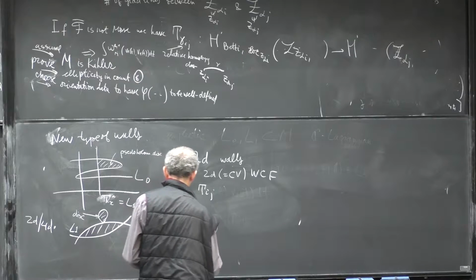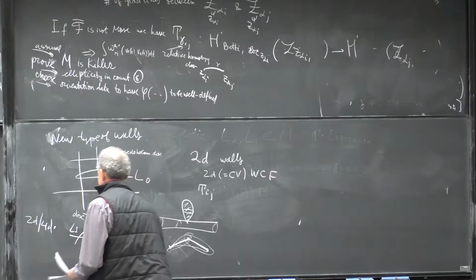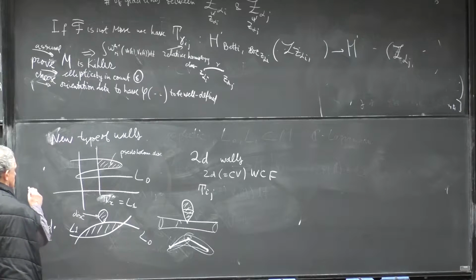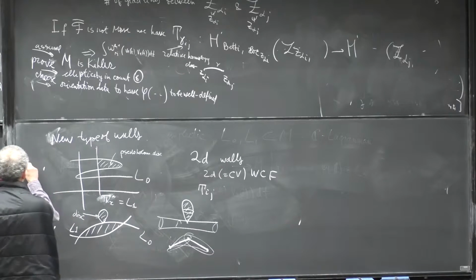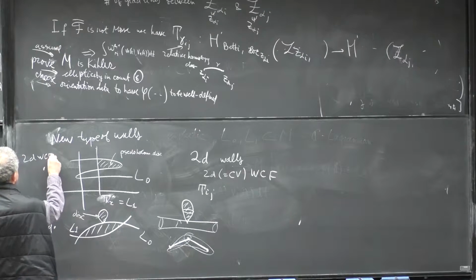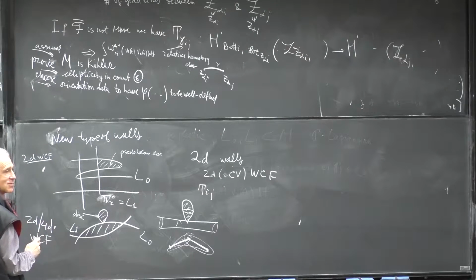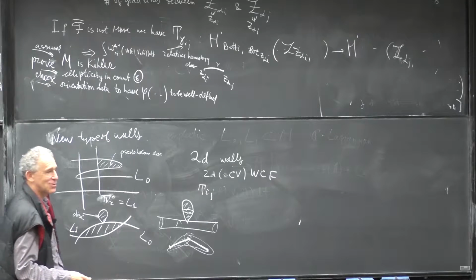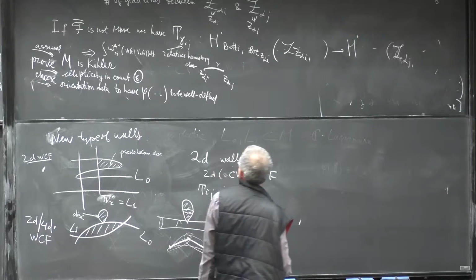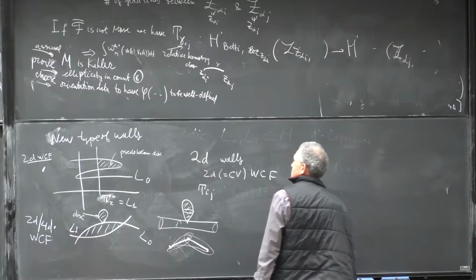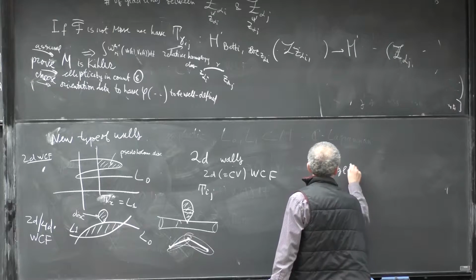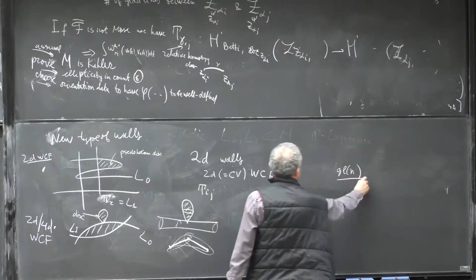And these 2D, 4D wall crossing formulas, they are known. So this is Cecotti-Vafa, or 2D wall crossing formulas, or Picard-Lefschetz, as Misha called them. And this is a mixture of two. And I erase it. So for 2D wall crossing formulas, our Lie algebra, as I told you, it's essentially the